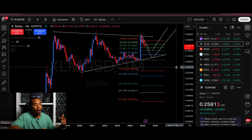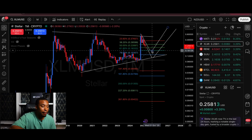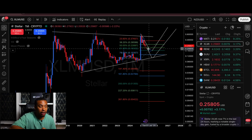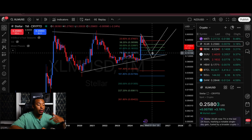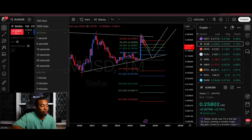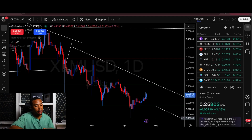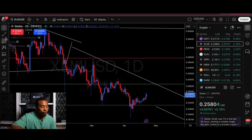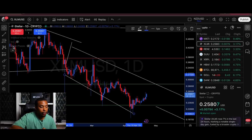Now, I talked about how I was waiting for XLM to hit the 50 and the 618. We came halfway down toward the 618, and then we popped back up above the 50, and I'm looking for a move up out of this triangle pattern. But there's one other thing that I want to show you on the daily chart. Currently, we're looking at the monthly chart, and on the daily, again, we have another channel pattern here,